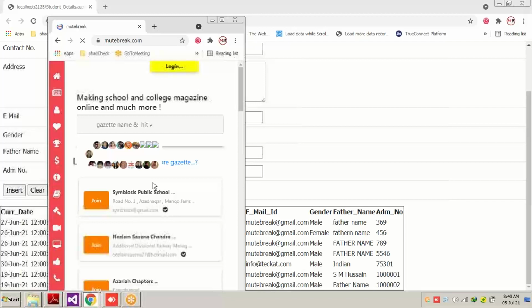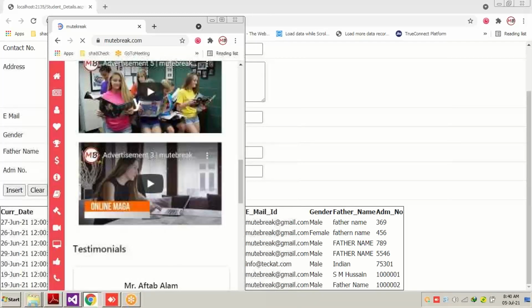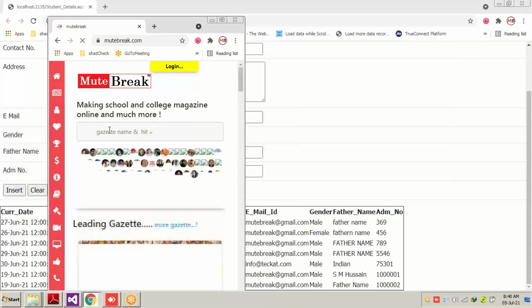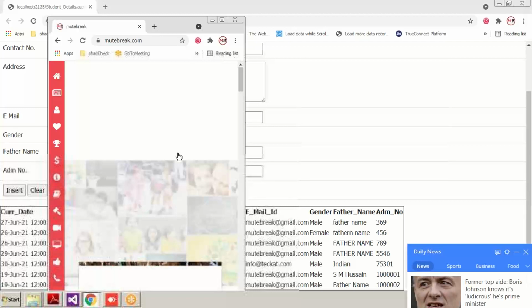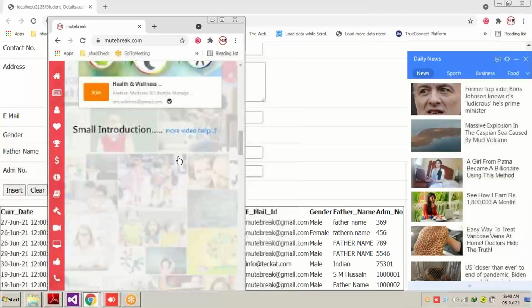And I don't have to worry about the mobile responsive thing for any other web application. You can see everything comes in a vertical manner. This is how MuteBreak is going to look on your mobile phone, all in a vertical manner. But as soon as you maximize the screen, it automatically gets adjusted to the desktop version.